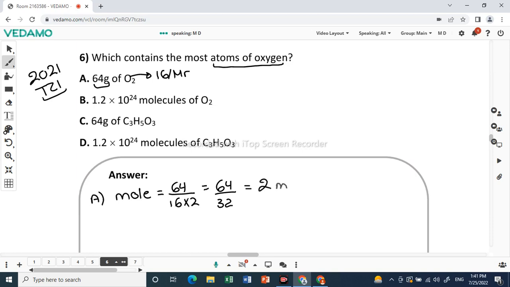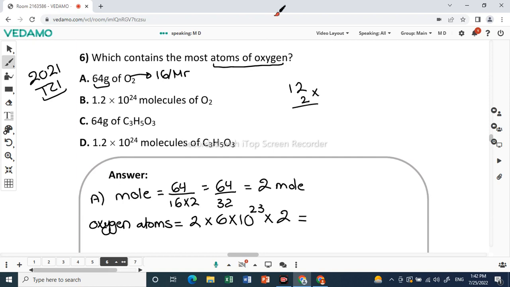Now since you've got the mole number, you can continue with the second step, the number of oxygen atoms. You will take your 2 and multiply by Avogadro's constant another time, and multiply by the number of oxygens present in the oxygen molecule. So 2 times 6 is 12, and you've got another 2, so it is 24